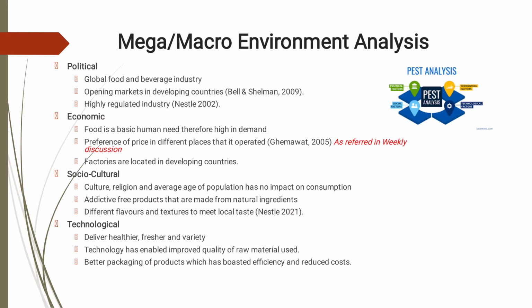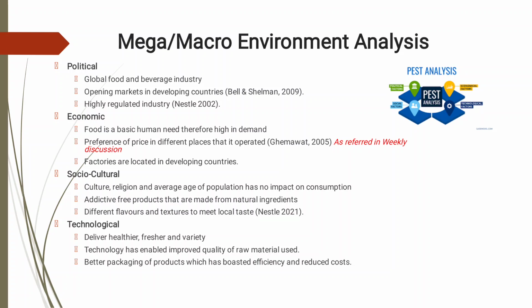Preference of price is different at different places, and it operates differently in different countries. Like in the developed countries, price is slightly high as compared to the developing countries. Factories are located in the developing countries, because in developing countries the labor cost is low as compared to the developed countries. If we talk about the social culture, cultural, religion, and average age of population have no impact